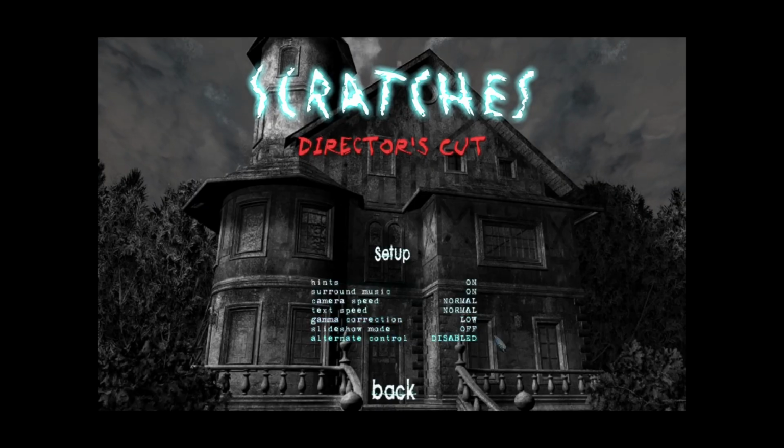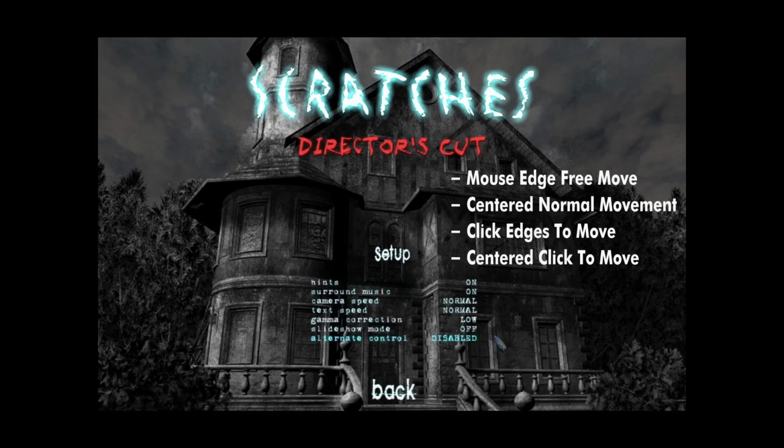Okay, so here's the complicated slideshow mode and alternate controls. I made some notes. There's basically 4 different combinations you can have here. You can have slideshow mode be off, and you can have alternate controls be off or disabled. And it basically makes it so the mouse moves freely, meaning when you drag, just like it is right now, when you get this cursor close to the border,